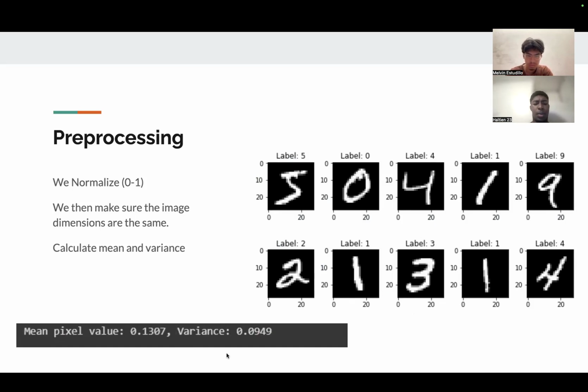With the mean pixel value of about 13%, it shows that about 13% of the image is a non-black part of the image. So these 13%, and also 9% from the variance, basically reveal that